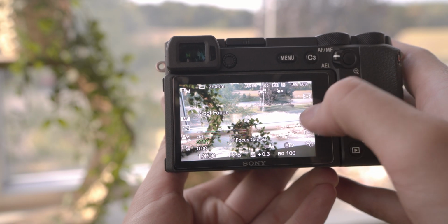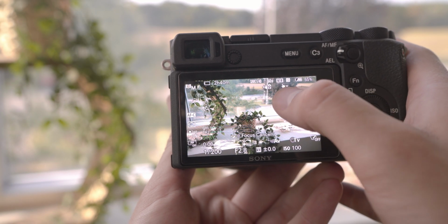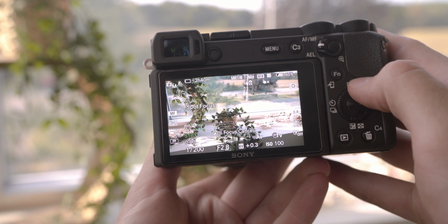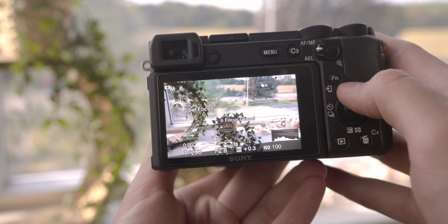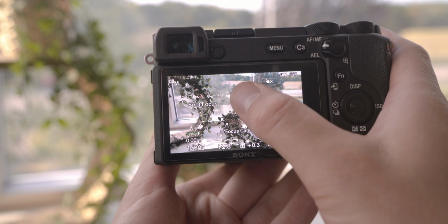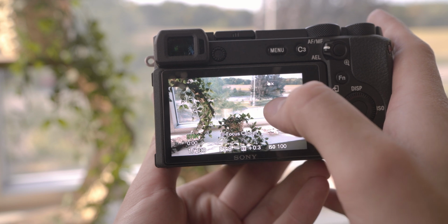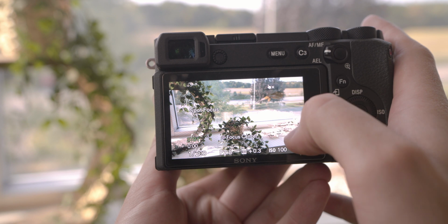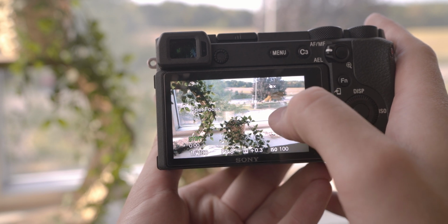With that said though, the back display is superb, and in bright daylight, it works fine. I find the colors are actually surprisingly accurate, and I like it much better than the display on the A7 III. The caveat to all this is, it is still the same 16:9 aspect ratio, which is great for video, but not so great for photos. And you do feel like you're missing out on real estate because the electronic viewfinder takes up so much space here that the back display just kind of feels a little cramped, and it's hard to, again, pull focus manually